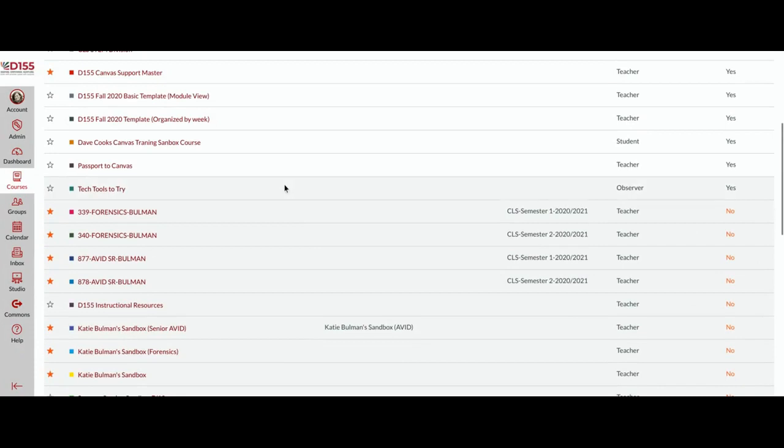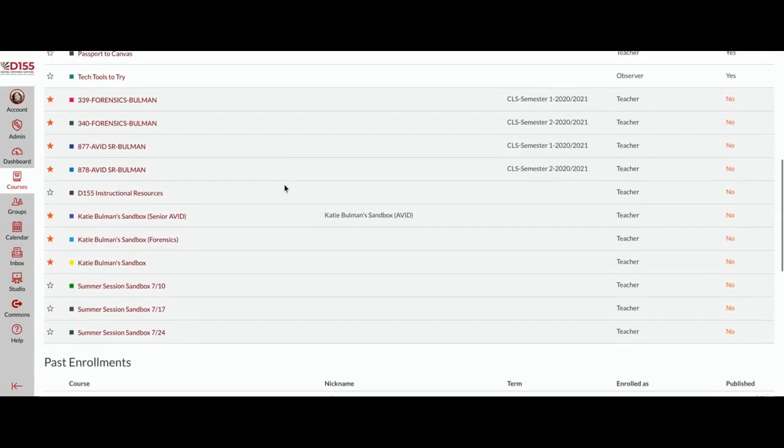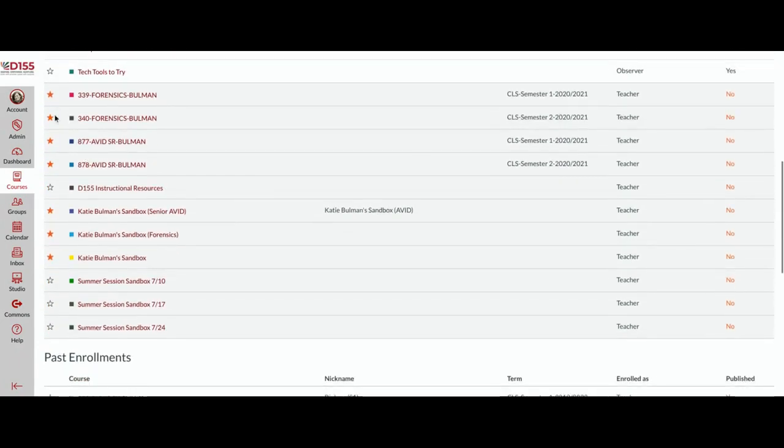You may also notice that this list of courses has a bunch of stars listed right next to it. If a star is filled in or shaded in a dark red orangey color, that means that it's visible on your dashboard. So if there's ever a course that you don't frequent very often, you can always unclick the star to prevent it from showing up on your dashboard. And vice versa, if you'd like it to show up, you can click the star to shade it back in